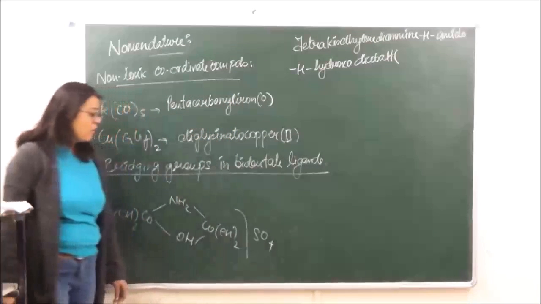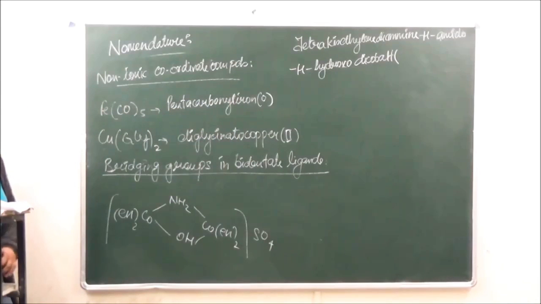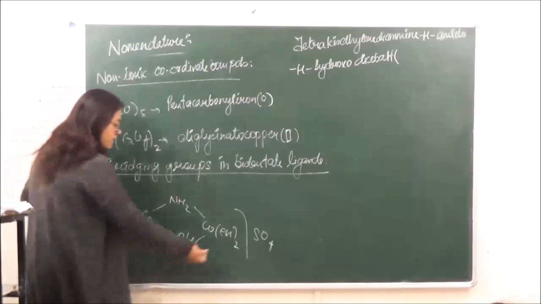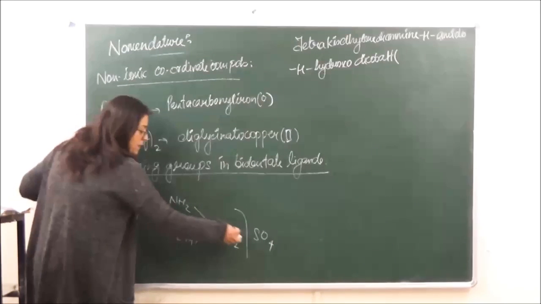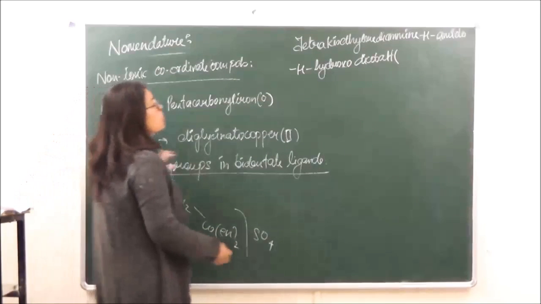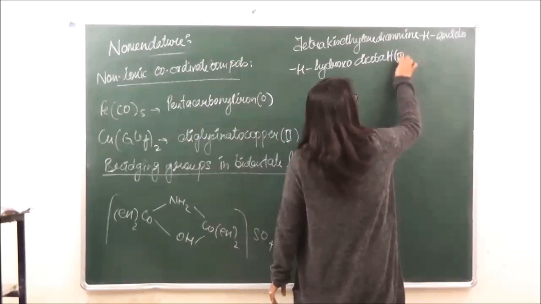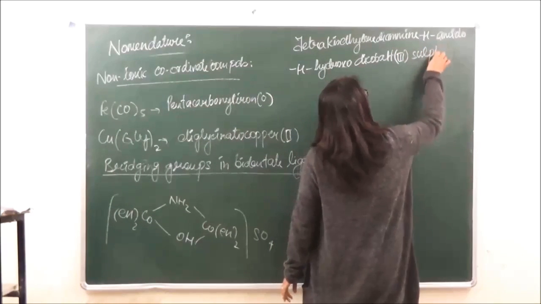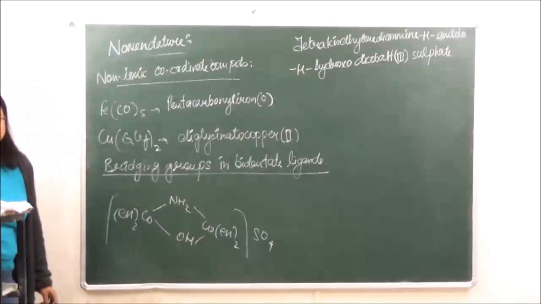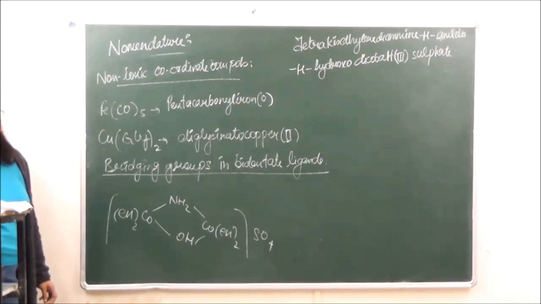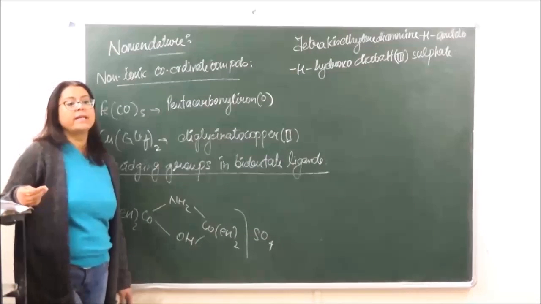Okay, and how will you find the oxidation state over here? The oxidation state will be written as the oxidation state of the cobalt which may be present. Now over here this is 2 negative, this is 1 negative, this is neutral, this is also neutral. So we have 2 and 1, that is equal to 3. So we put the oxidation state as 3 and the counter ion sulfate. Is it clear? So this is how we are going to name the coordinate complexes.